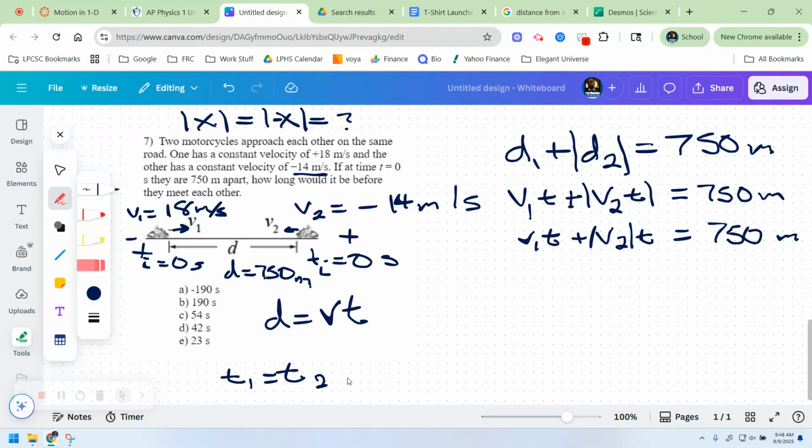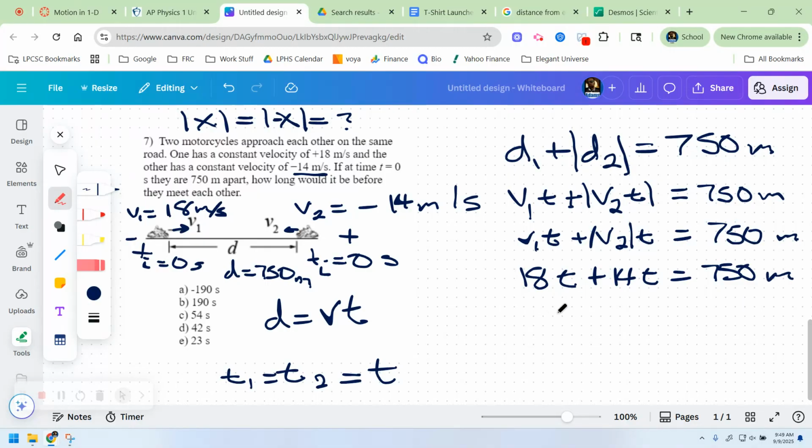So I'm just going to make them equal to time because it's easier algebraically. So now I just plug in the velocity. So I have 18. Oh, that's a horrible 8. I have 18 times t plus the absolute value of this, which is 14 times t, is equal to 750